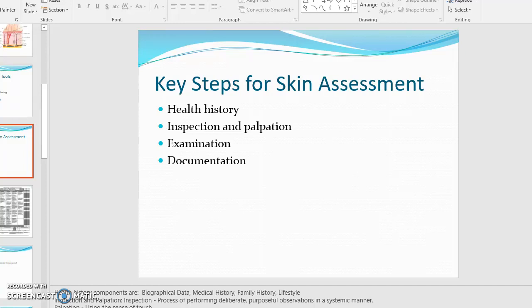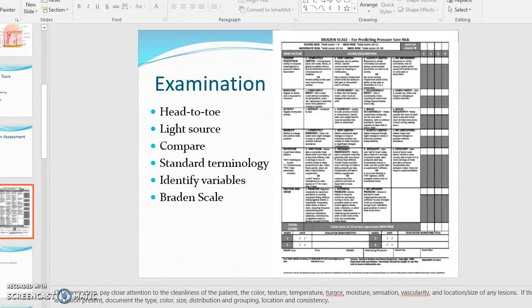Inspection, doing deliberate, purposeful observations in a systematic manner. And then our use of touch, eye examination, and then documentation. Some forms of examination that we can use: we can use some kind of a scale, like our Braden scale. Things that we want to pay attention to when we're looking at the skin is, obviously, we're going to move in a head to toe or uniform manner, but we also look at our general cleanliness and hygiene,